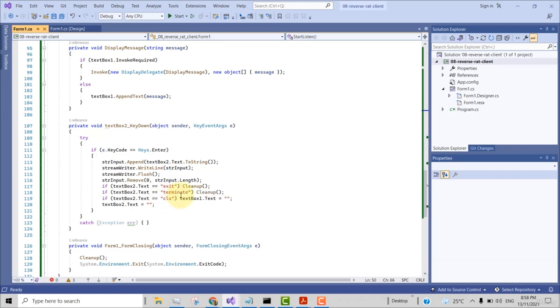Then the second command that the user can type is terminate. So once the user types terminate, that means you will send this command to terminate the server. Then you clean up the client itself, and then when the server receives the terminate command, the server will also wrap things up. So when the server receives the terminate command,